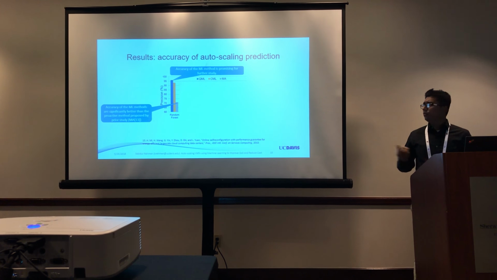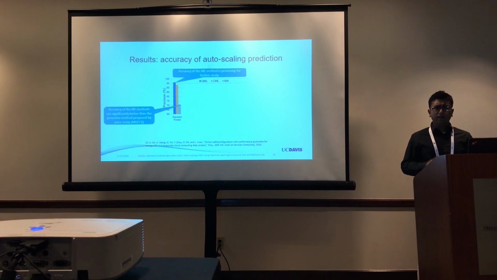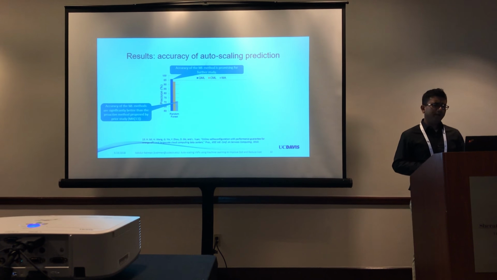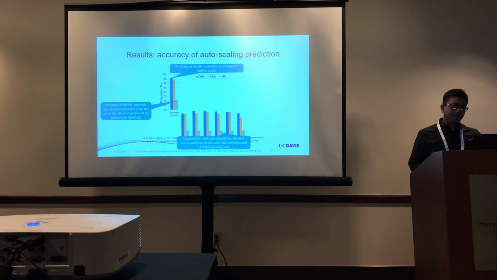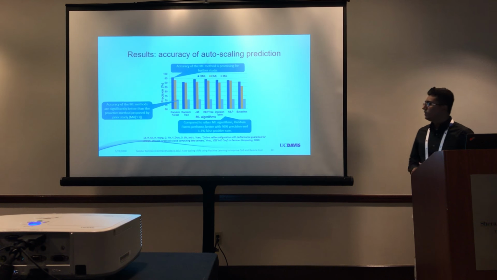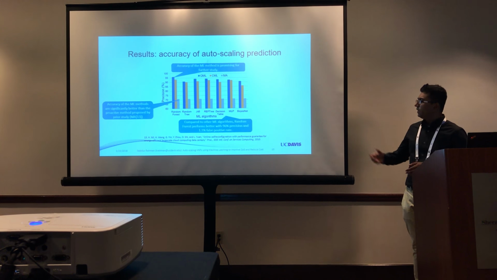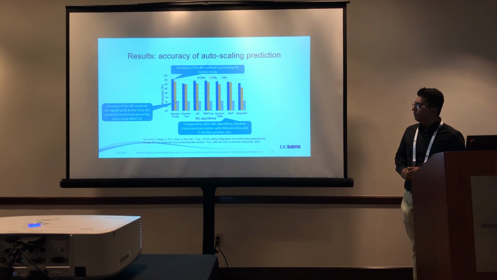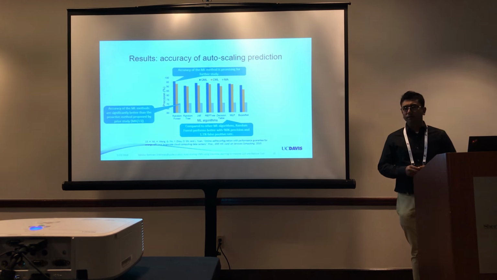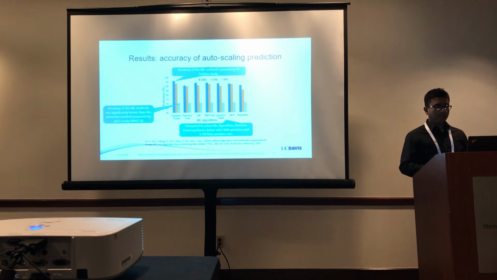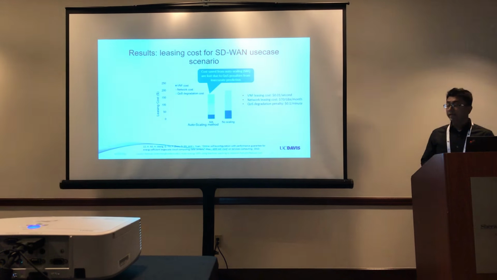We compare it with a prior study, which does another proactive prediction method. We also compare our results for multiple machine learning algorithms and observe that the random forest algorithm is performing the best, with 96% precision and a 1.1% false positive rate, which is a very good beginning point.